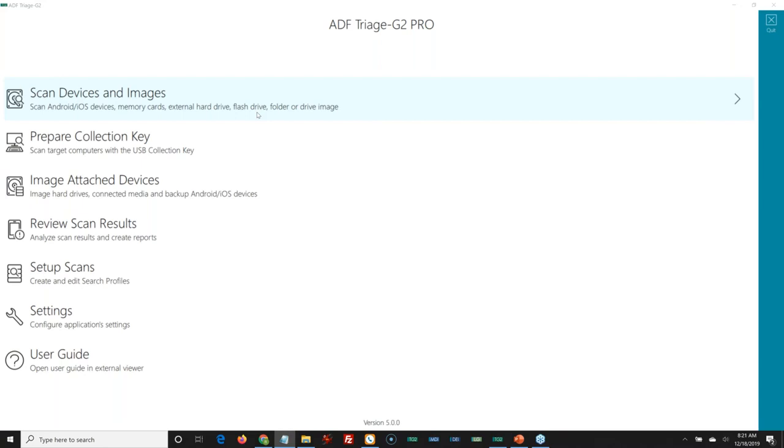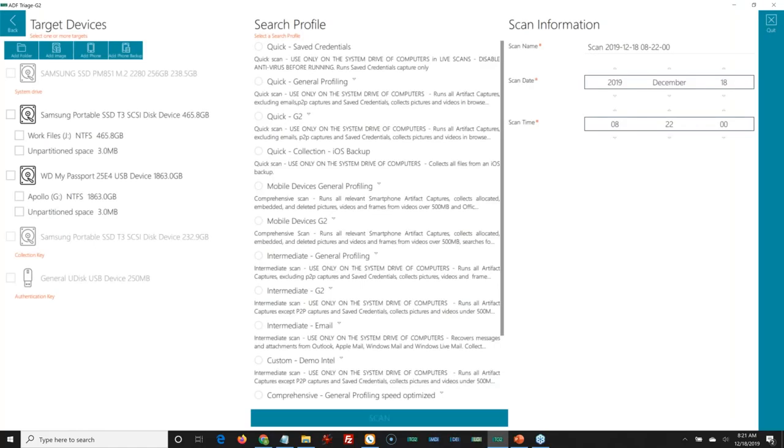Like I said, if you're going to use it in this desktop mode or laptop mode, I would come into scan devices and images. You will be able to see everything that I have connected to my computer. So if I had connected, let's say this Apollo is the external drive that I want to scan, you'd be able to see it here and select that.